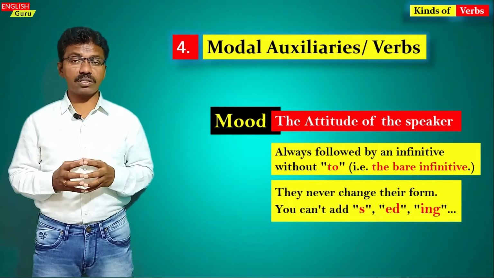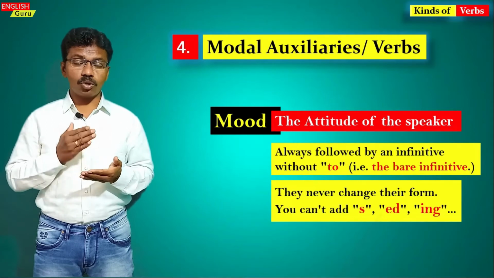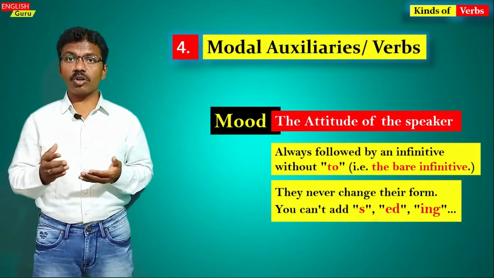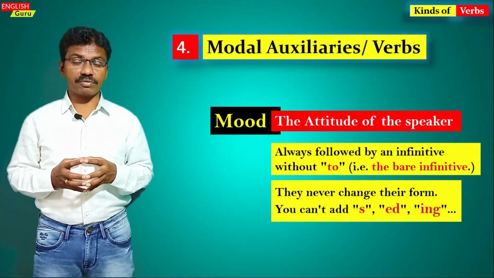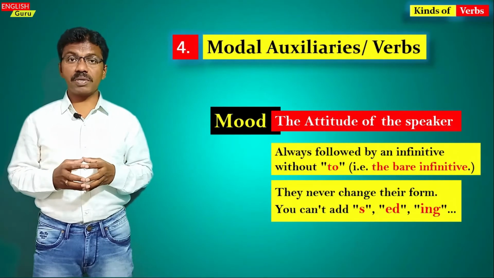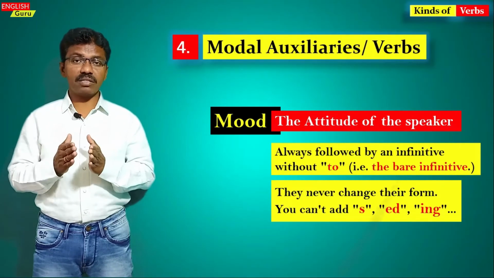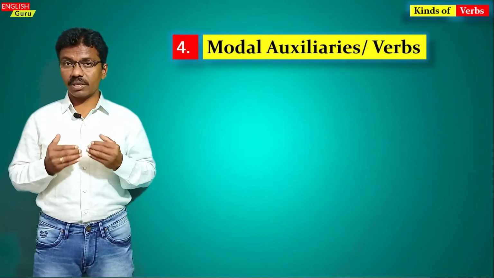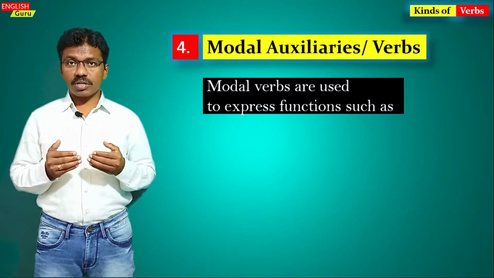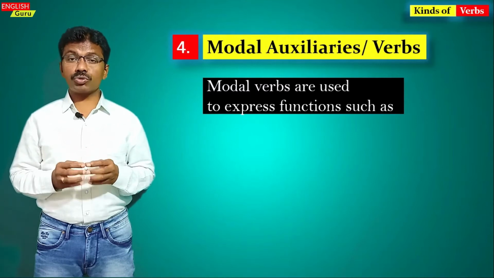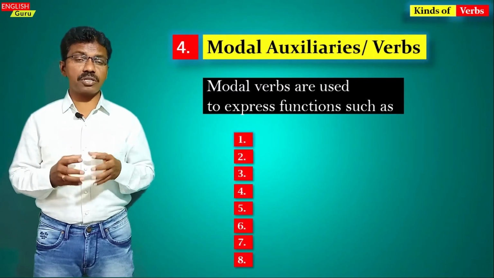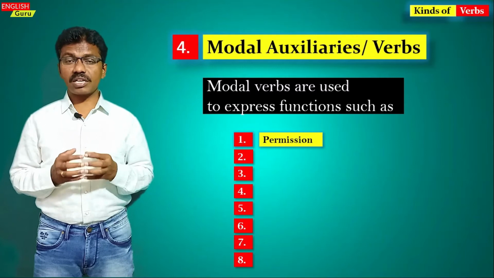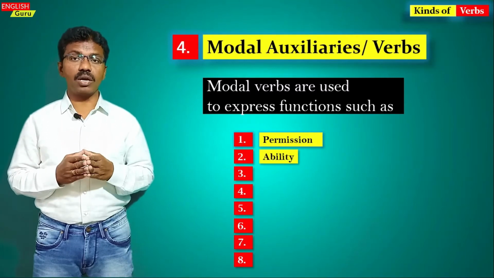So they're always like that, and modal auxiliaries are always followed by a bare infinitive, without to, which means modal auxiliary plus verb 1. That is the rule that we should remember in the language. And modal auxiliaries or verbs are used to express certain functions in the language, such as, for example, number 1,